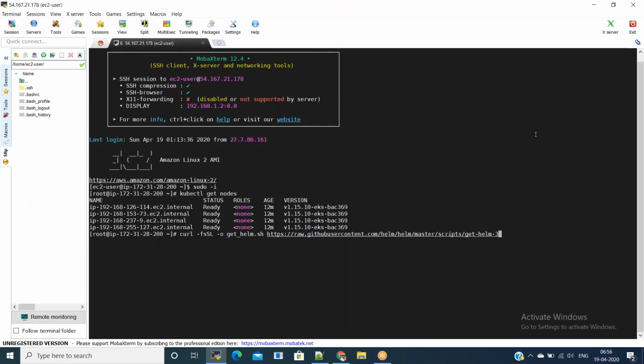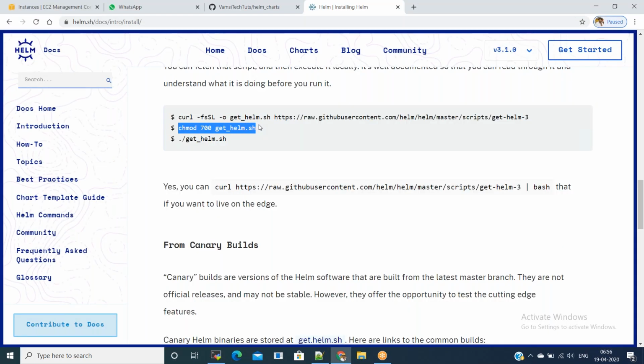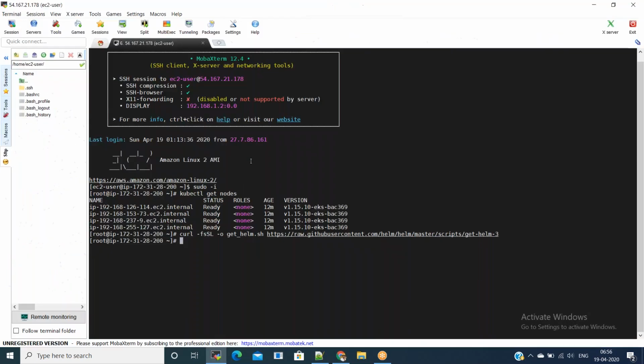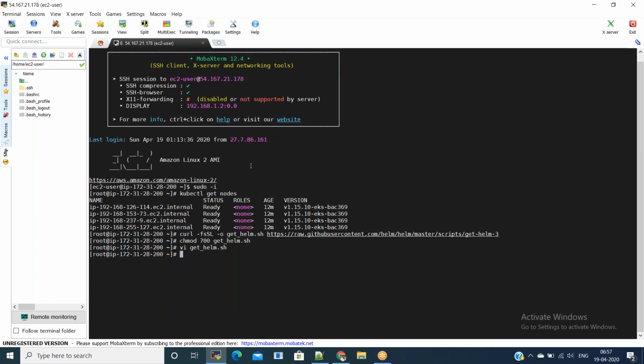This will download Helm, and after that we need to do chmod 700 for that particular file, and we need to set the Helm install directory, which is user local, to user bin, and then you can start executing Helm.